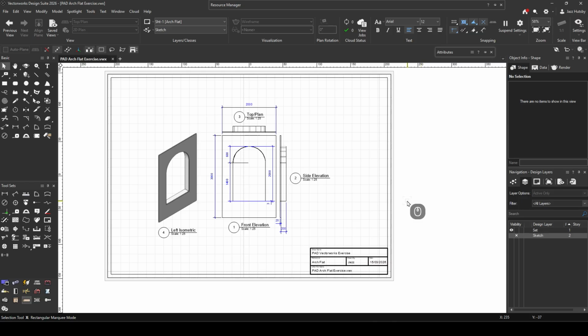The last thing you want to do is effectively export this out, send this out of Vectorworks as a PDF so that you can either print it out or send a nice PDF file to all of your teams. So that's what we're going to do for the last